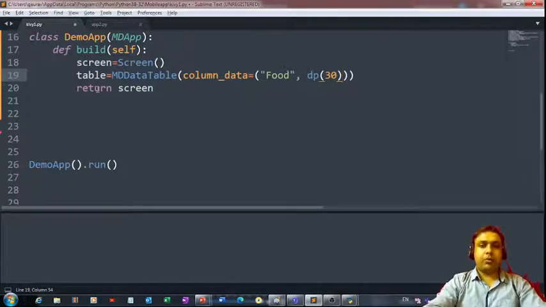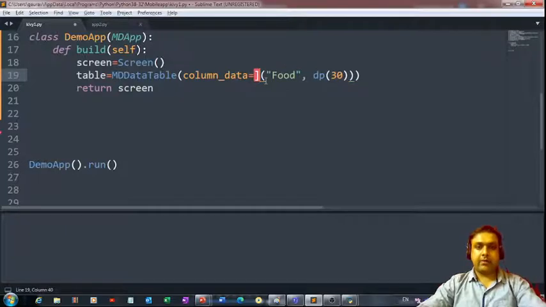Similarly, if you want to... okay, I am making a mistake over here. I'll have to put this inside this bracket, inside these square brackets. Yeah, now it's perfectly fine. And then here we'll have to put this bracket. Okay, is everything fine? No, I'll have to put it inside it. Yeah, so that's the way you can pass a value to this column data.